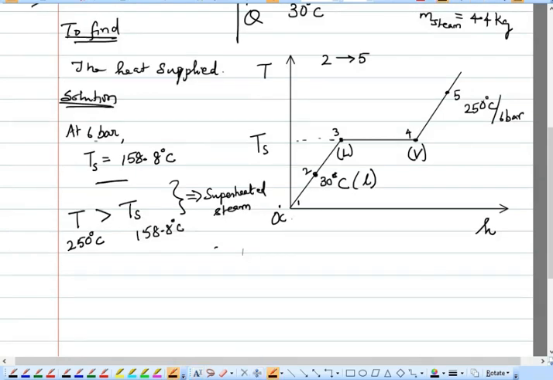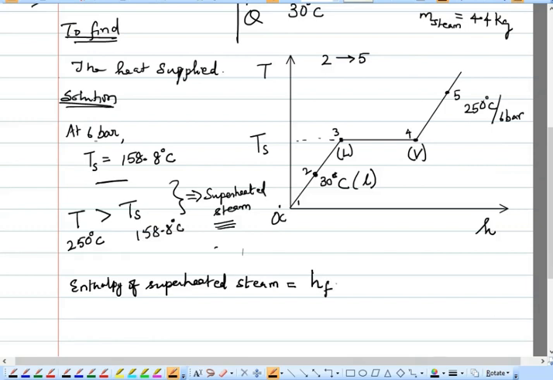Then we have to find what is the amount of heat added. So what is the formula for finding the enthalpy? You have to find the enthalpy of superheated steam because your steam is a superheated one. So we have to find the enthalpy of superheated steam. The enthalpy of superheated steam is given by